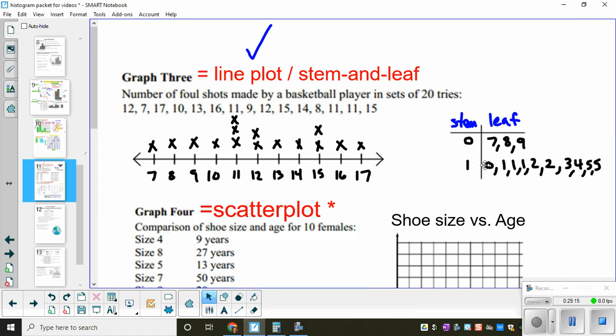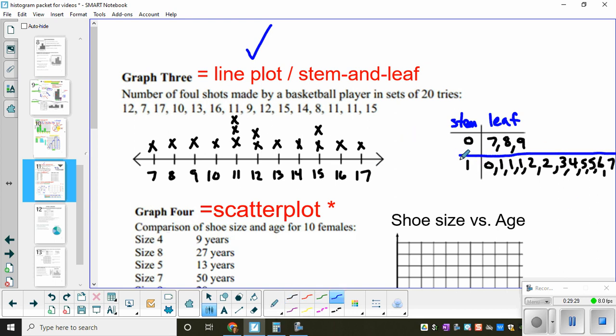I'm just going to move this over a little bit. Let's see if I can create a little more room for myself. Last 2 data points. So we'd have a 16 and a 17. And looking at the data, we can see here, if we split it, you could say, okay, these are the number of times that they made 10 or more. These are the number of times that they made less than 10. So we could see 3 would fall into this category. And then we'd have 1, 2, 3, 4, 5, 6, 7, 8, 9, 10, 11, 12 times they got 10